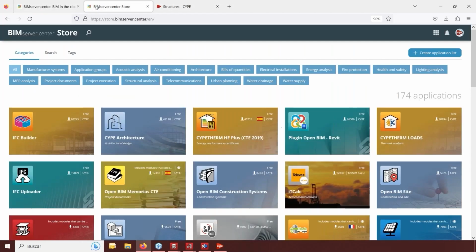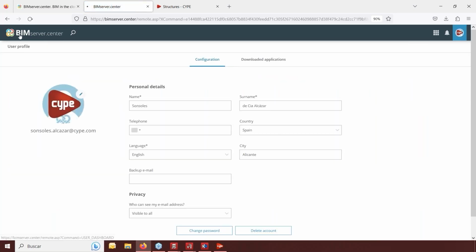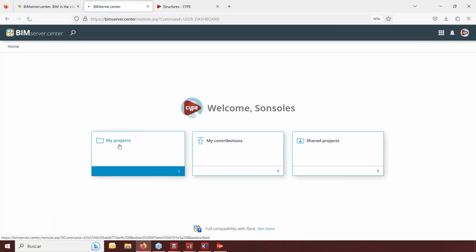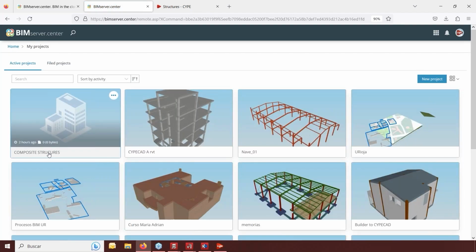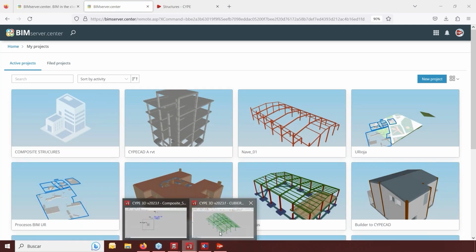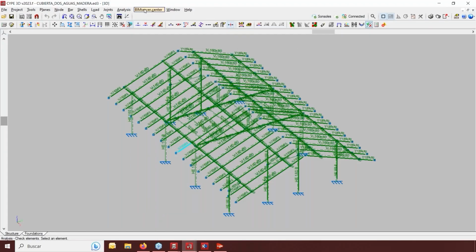Let me show you. Here are my projects. I have created a composite structure project at BIMserver.center, and I am now going to link this 3D job